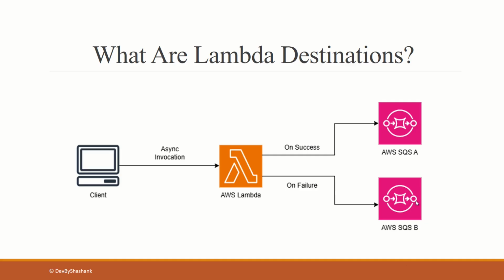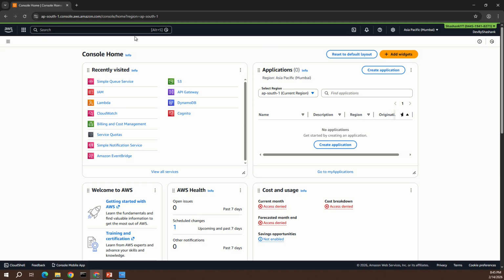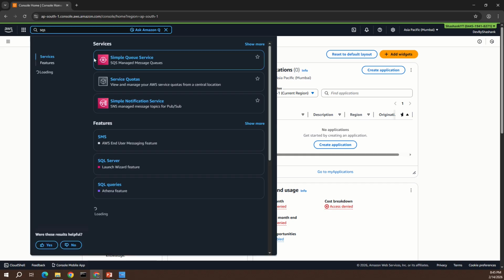So guys, first we'll create two SQS. One SQS will contain success messages and one will contain failed messages. And then we'll create Lambda and then we'll attach both these SQS in the Lambda destinations. So let's go to AWS console. So guys, first we'll create SQS,